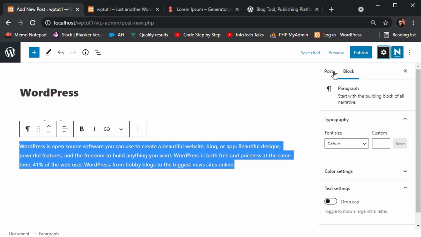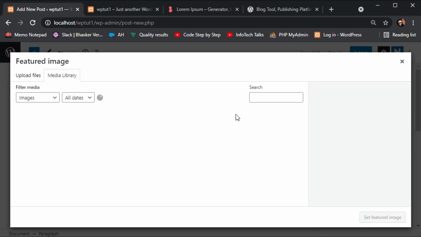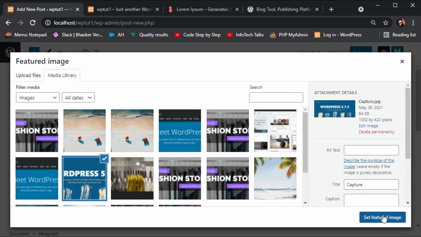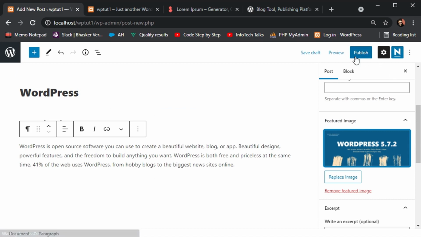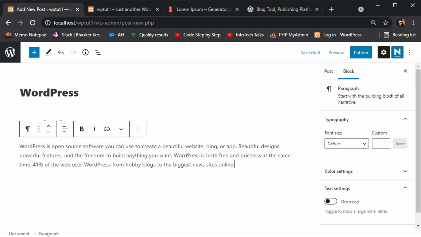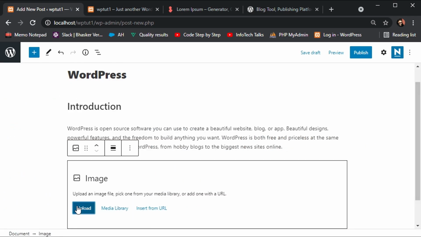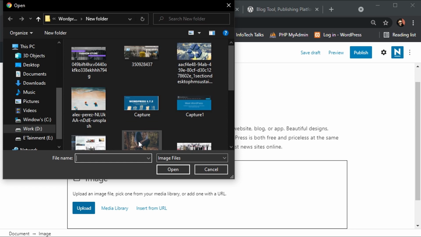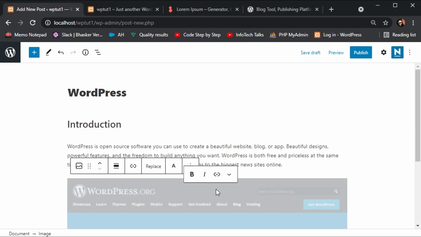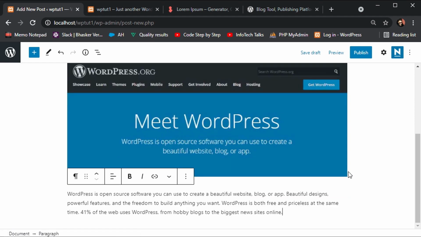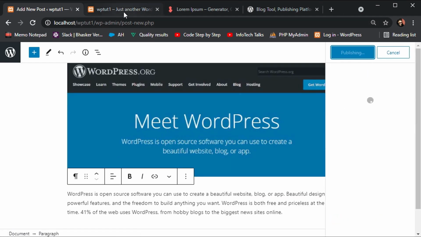One featured image, then one simple image, one more paragraph, and we are good to publish.